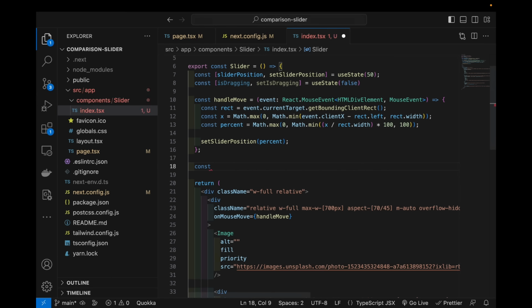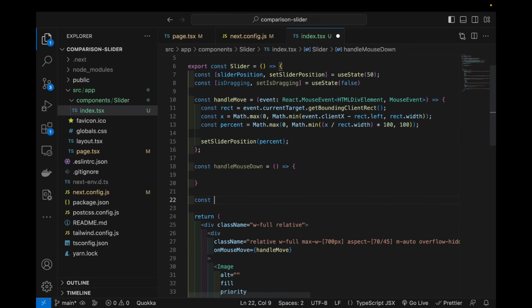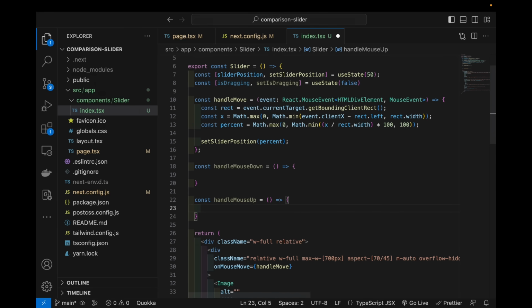You really don't need functions for this, but I do like to define every function for visibility. So under mouse down, and also you might add other functionality in here. Under mouse up, and here just set dragging